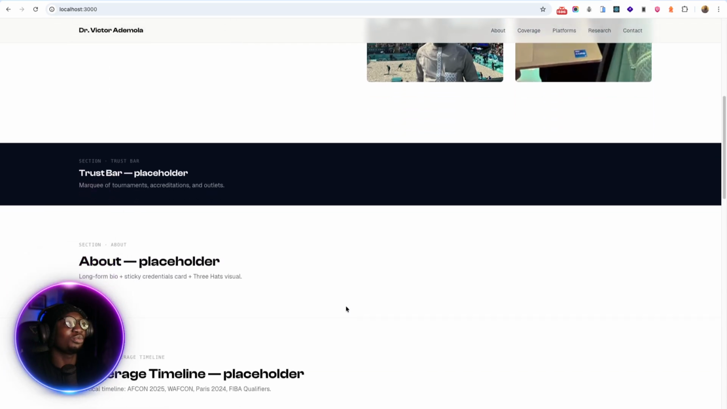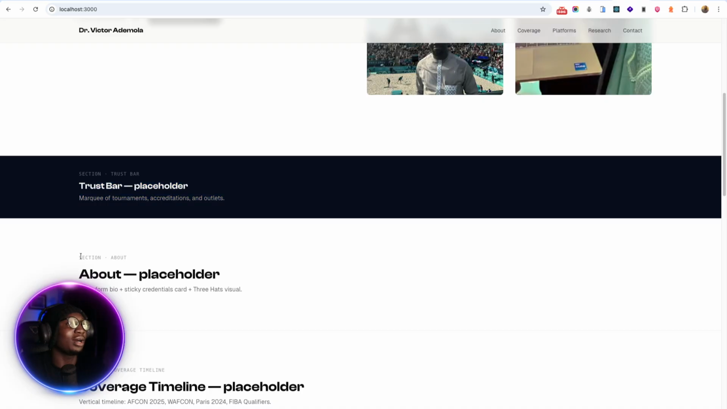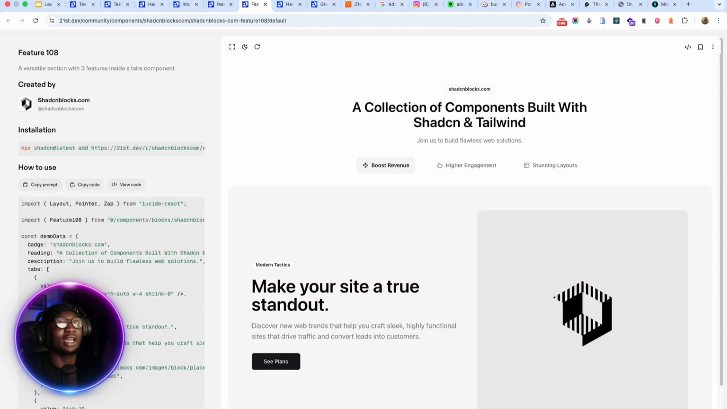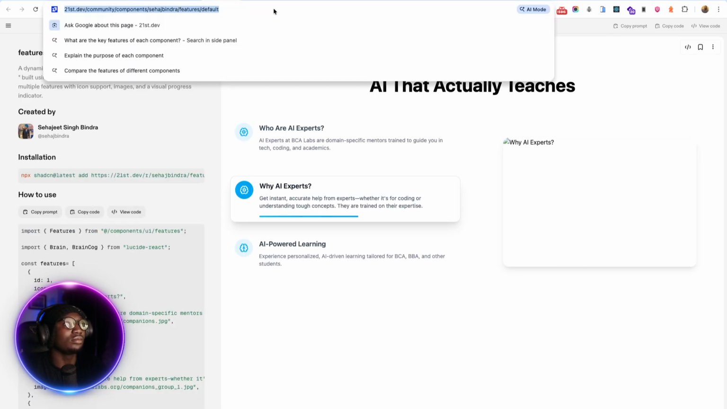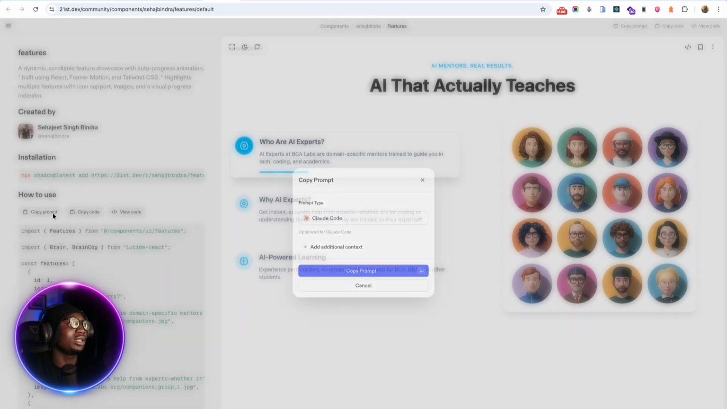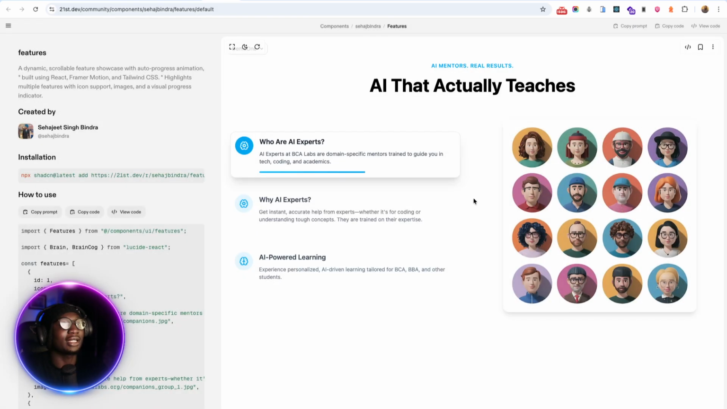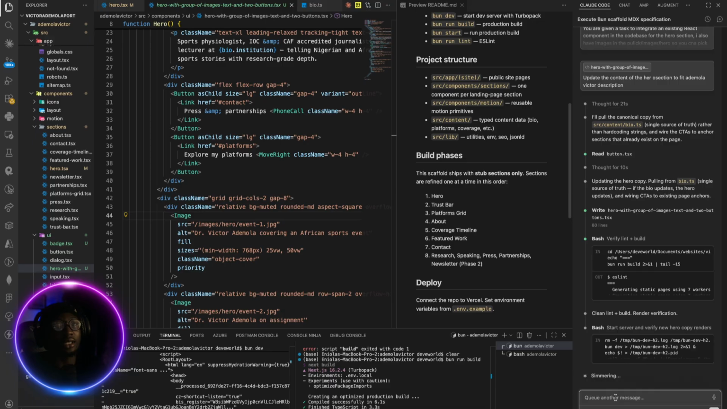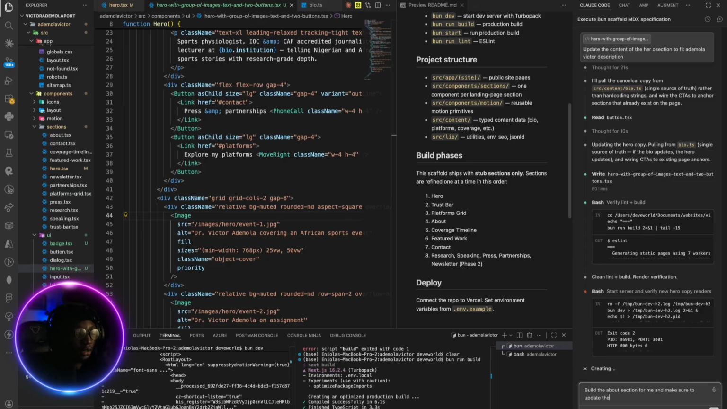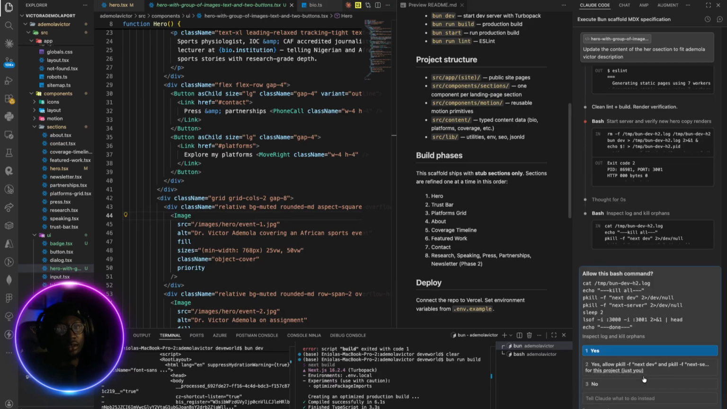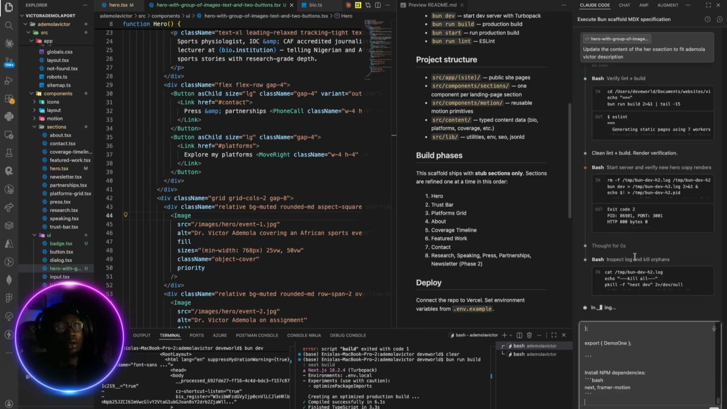If you want to go ahead and build the about section, we can go ahead with this particular about section that we chose, which is this one. Then we can just copy the prompts and tell it to build the about section for me and make sure to update the content to fit Ademola Victor, right? So let's just continue this particular